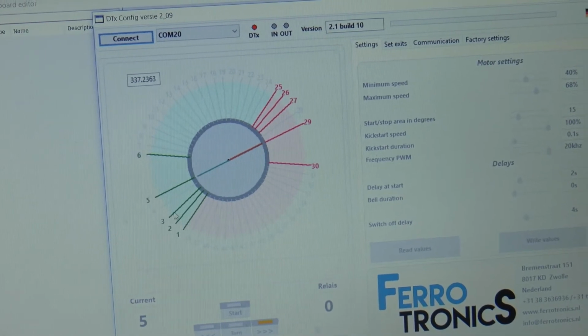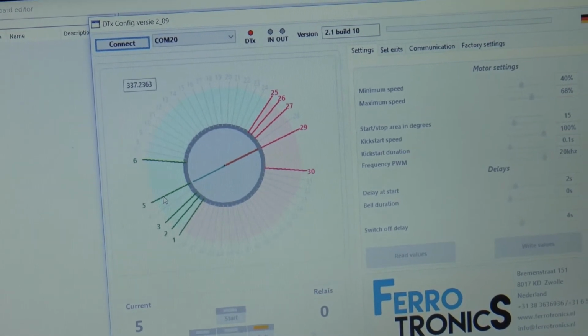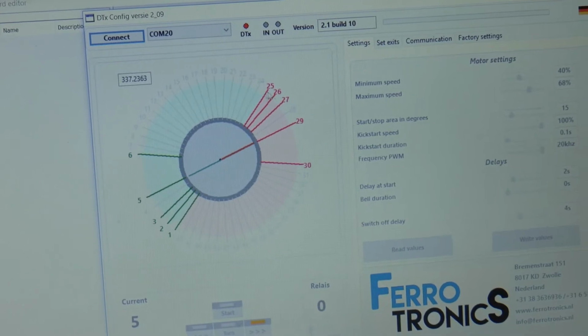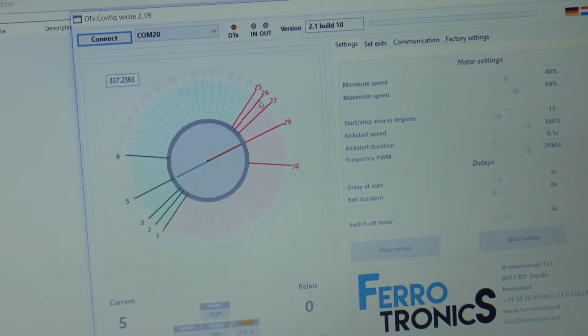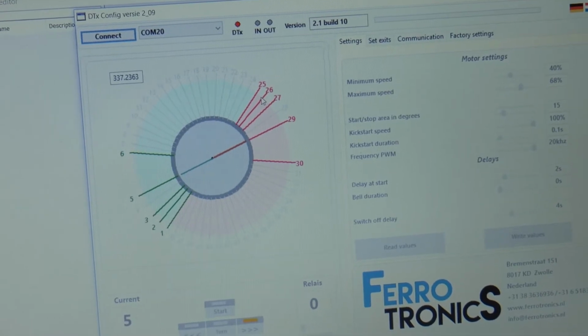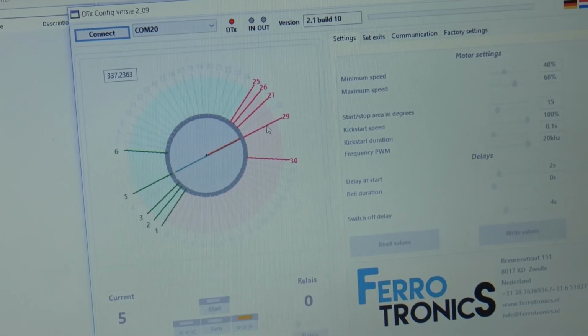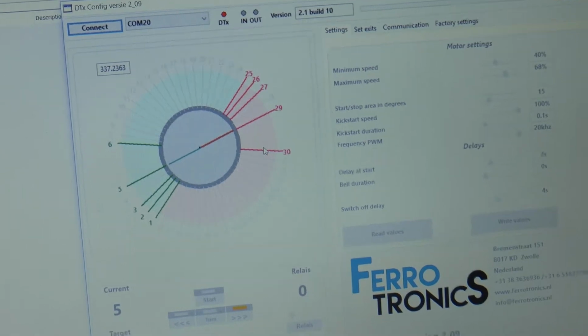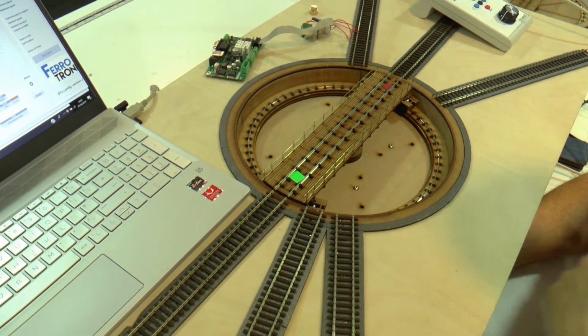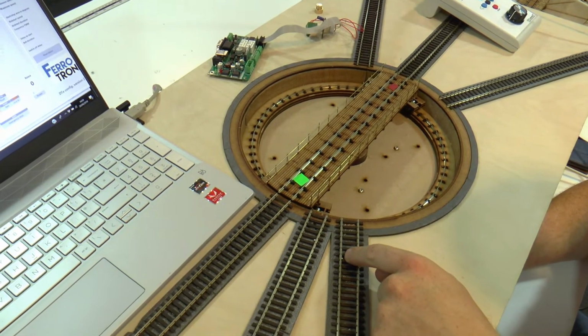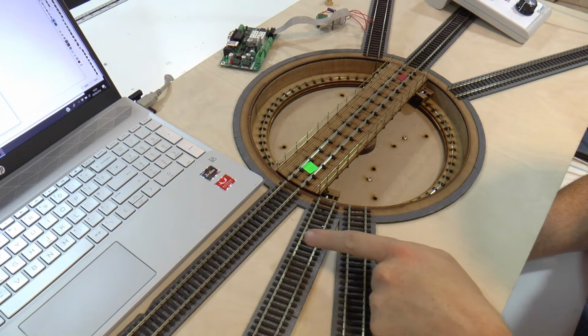So we've got 1, 3, 5, 25, no we haven't, no 25, we've got 26, 29 and 30. So within iTrain we need to put in 1, haven't got 2, so we choose 3,